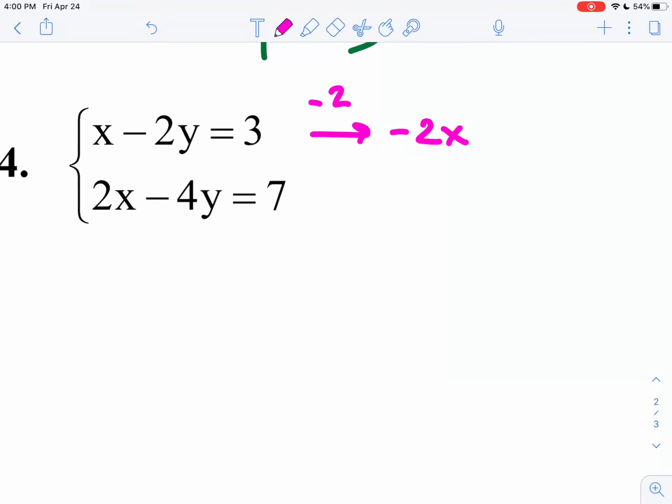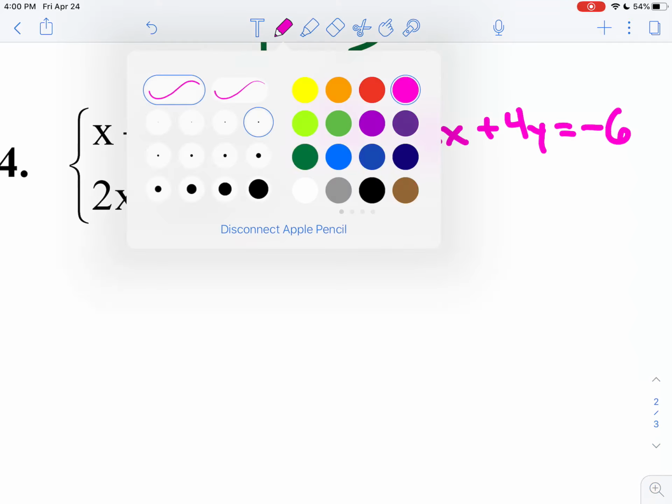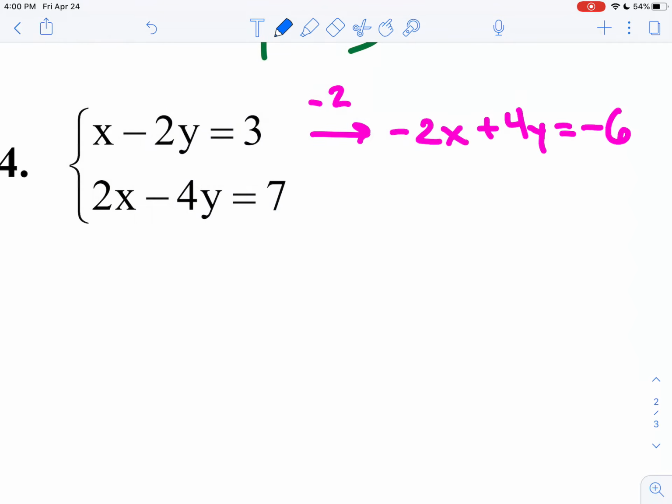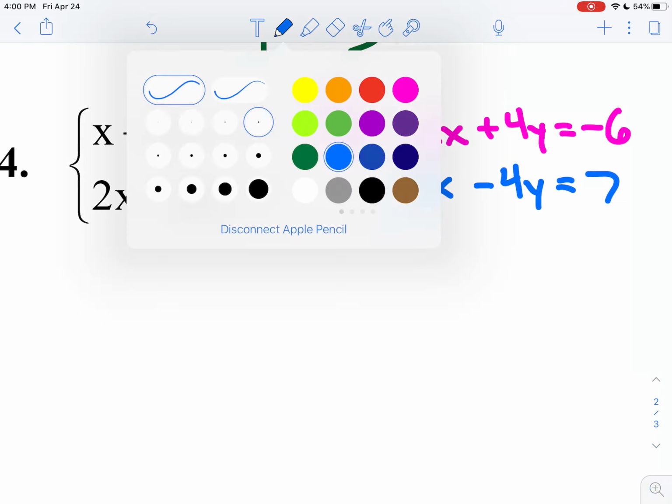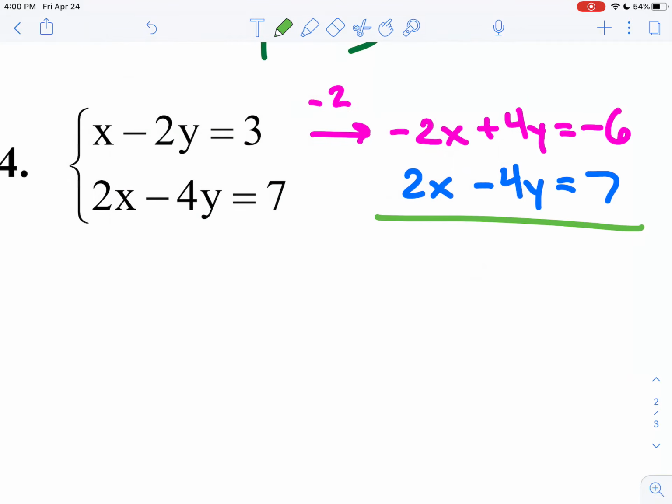So negative 2x plus 4y equals negative 6. That's the key thing on the elimination method, is don't forget to multiply every single term by your factor. Well, let's go blue. That'll be nice. So this one can stay as is: 2x minus 4y equals 7. So we'll do what we're supposed to do. Add them together. A variable should eliminate. So this was the goal, to